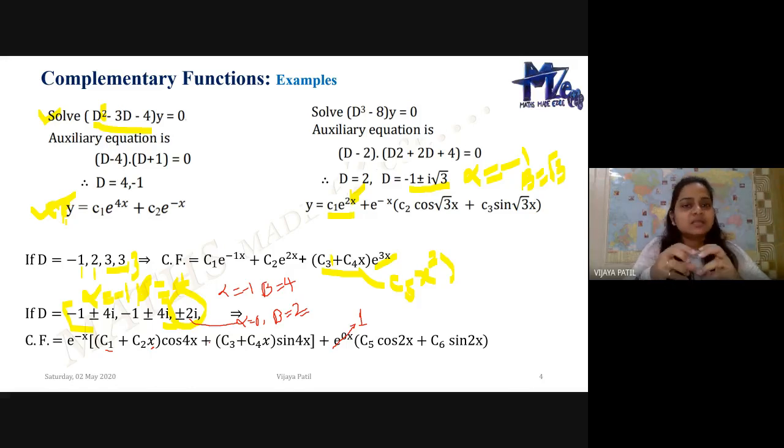Now, whenever we have a linear differential equation, it will be of the kind f of D into y is equal to X. Here, in this particular session, I just wanted to introduce you to the complementary function. I have assumed capital X is 0 in the present case, but it is not the case always. We'll be dealing with this capital X as some other function of x. At that time, we will have some rules, known as the rules for particular integral. And we'll be dealing with this type of examples and rules in the further session.